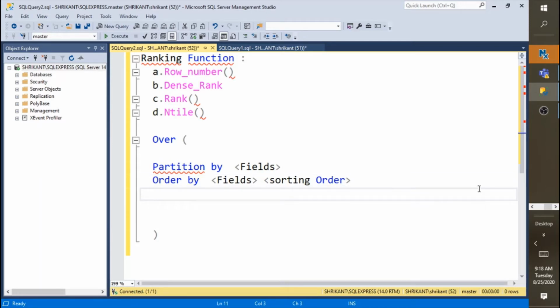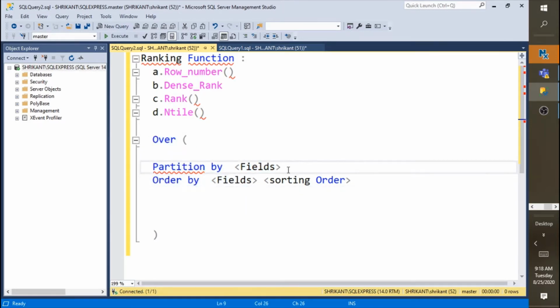So we are talking about the ranking function, and in the ranking function we have four types: row number, rank, dense rank, and ntile. While understanding these, we come across the over clause, in which we need to understand partition by and order by.